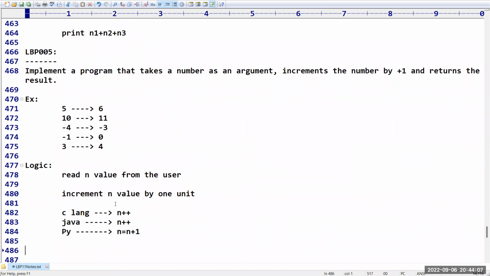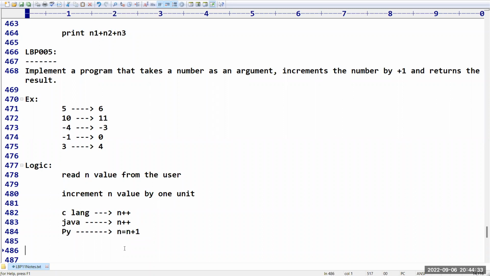We are adding the value 1 to n, and whatever result we get, we update it to n itself. This kind of assignment operation is available in all programming languages, but increment and decrement operators are not there in Python. That's why we have to go for this approach.